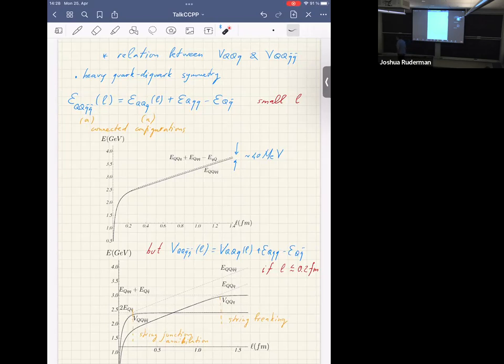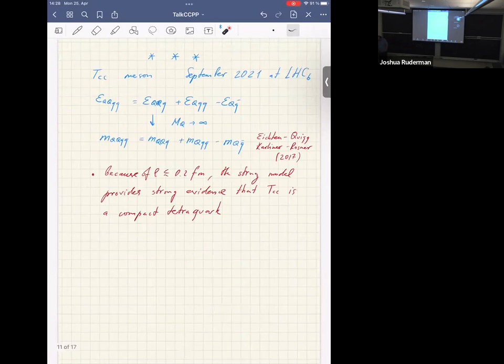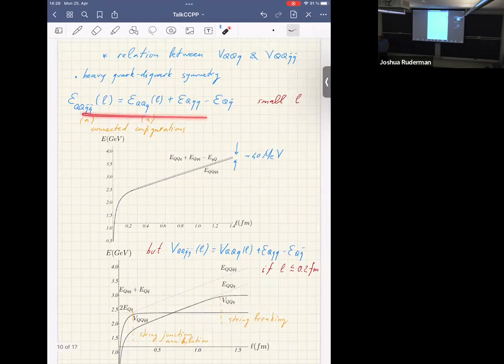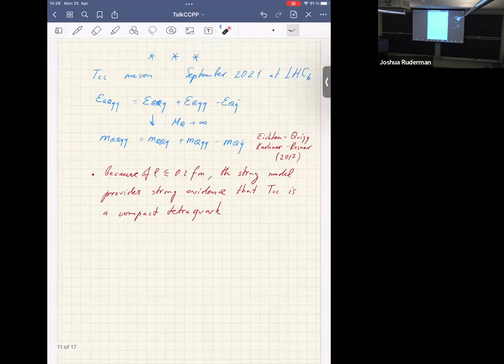And now about phenomenological application. The phenomenological application is really about the mass of the TCC meson. You see, one can use this relation between the energy or potential. It was used in fact in the infinite heavy quark mass limit. You can just say that the same relation should be valid for the hadronic masses, because the spin interaction is suppressed by 1 over mQ, the heavy quark mass. And if so, then